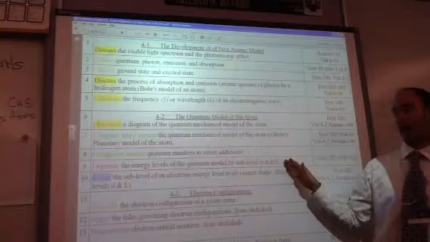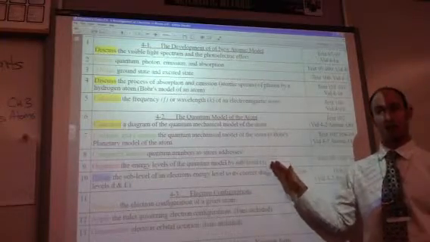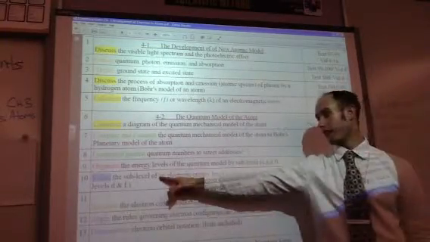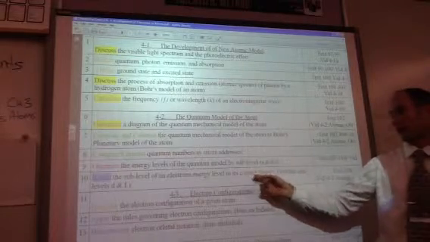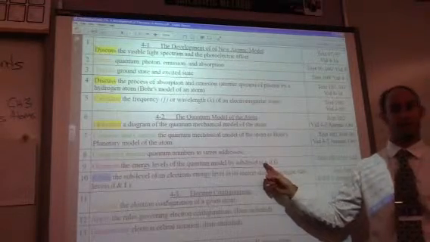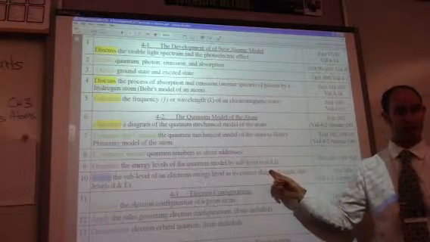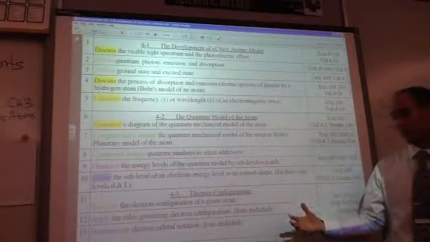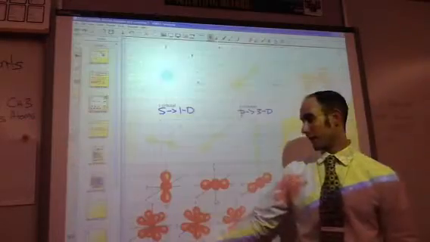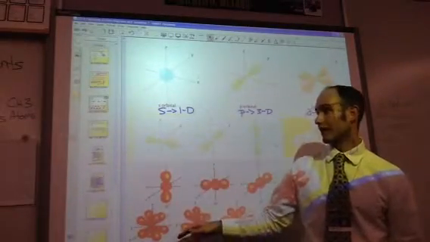Well, S, P, D, and F. It goes S lowest, P, then D, then F. And these energy levels go to their correct shape. S is a sphere, P is a dumbbell. You need to know those. Next I want to get into talking about